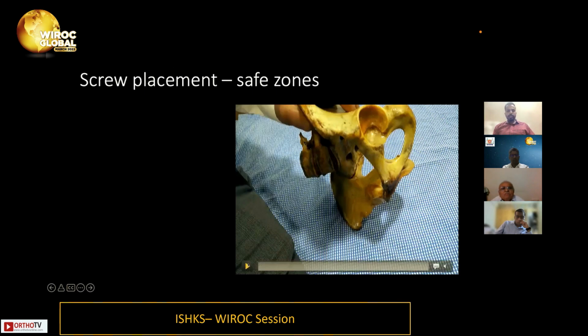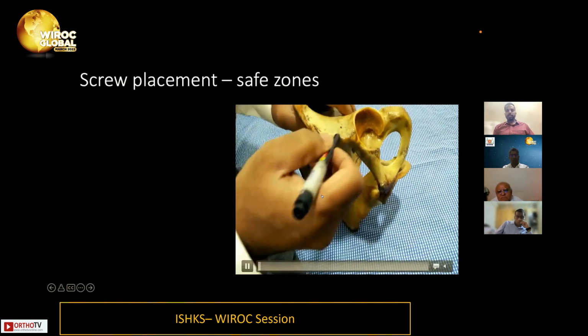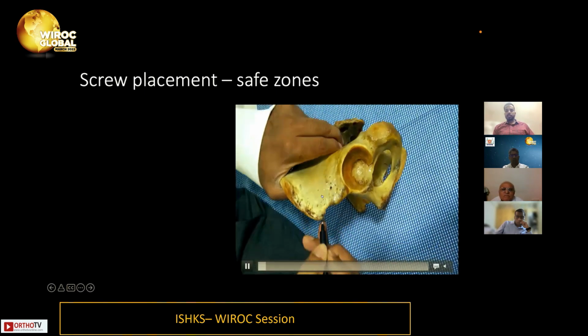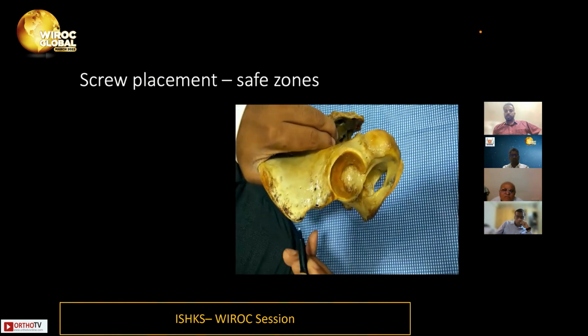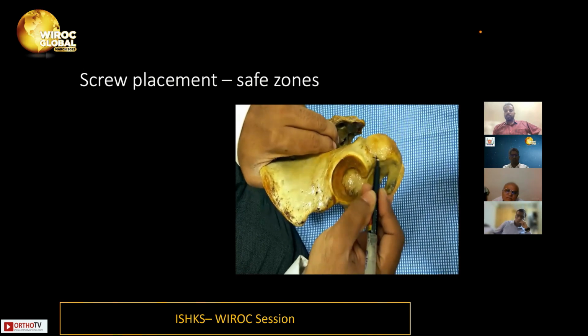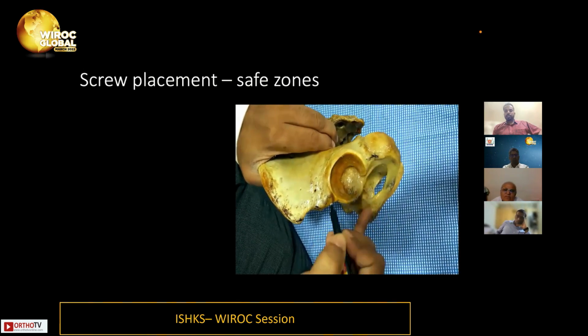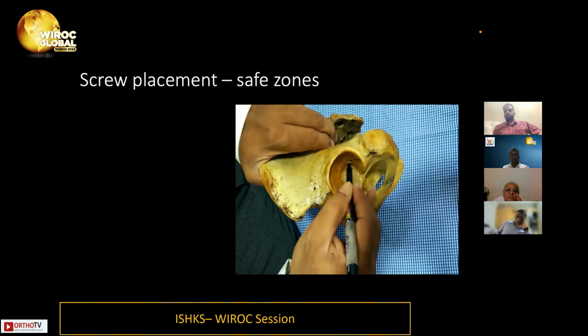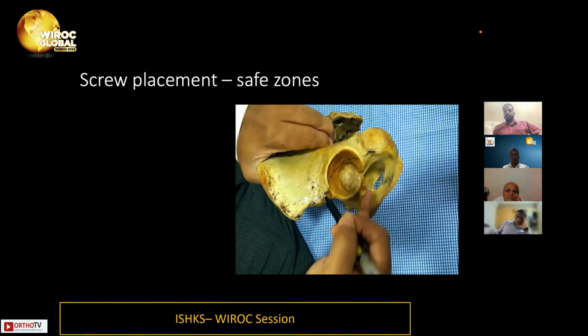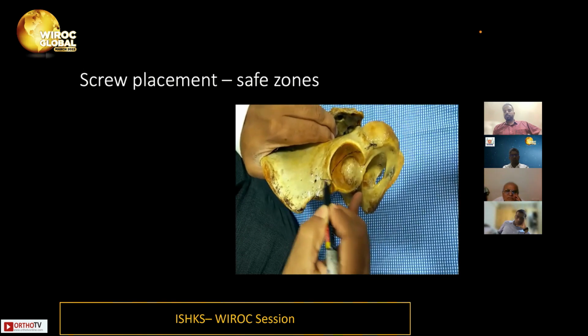For screw placement, the safe zones, one must again look at the line connecting the anterior superior iliac spine to the ischium, and because of the lateral position in the posterior approach and the acetabular anteversion, the 12 o'clock position actually appears to be more anterior than you think. It appears like the 10 o'clock position, and this must be recognized,